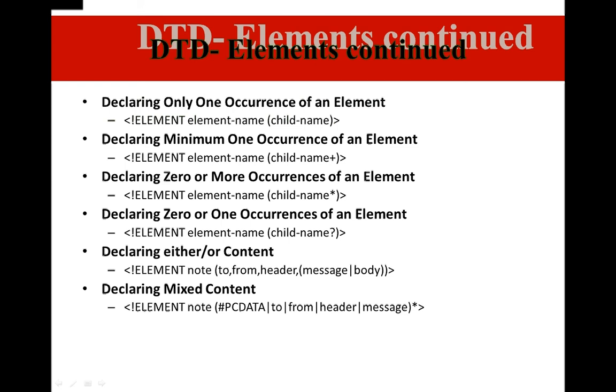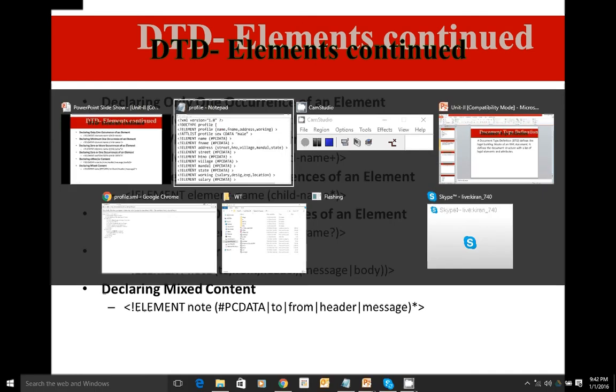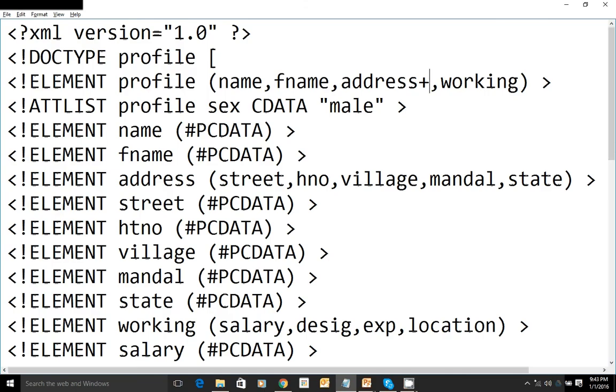Minimum occurrence of that element should be 1, maximum could be any. So you can simply say plus. When you write star, it means address minimum existence is 0, maximum any. That's the meaning of star. If you put a question mark, it should exist either 0 times or 1 time. That's the meaning of question mark.